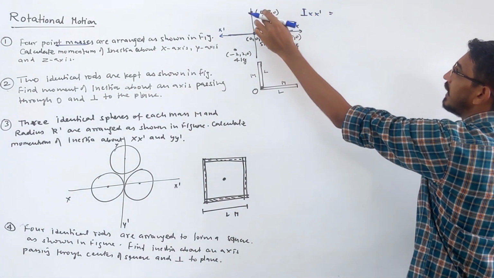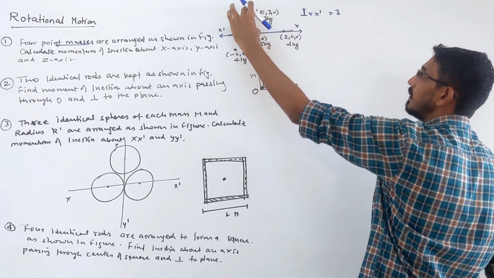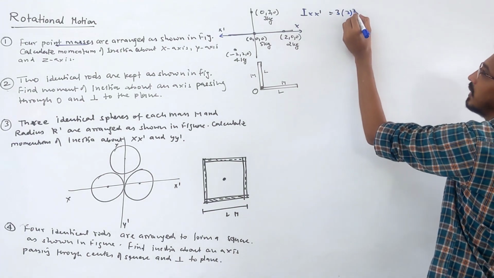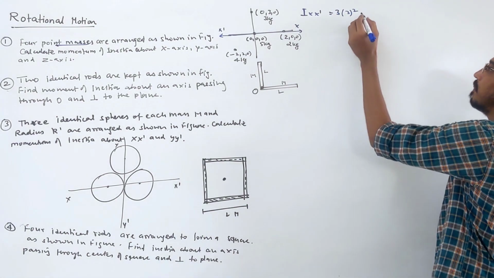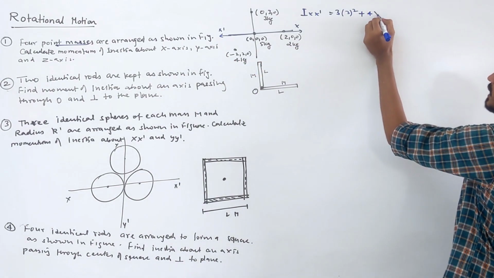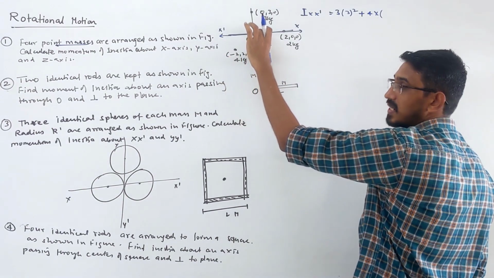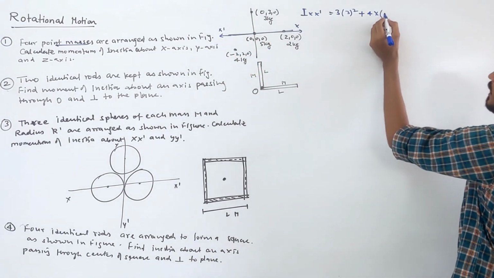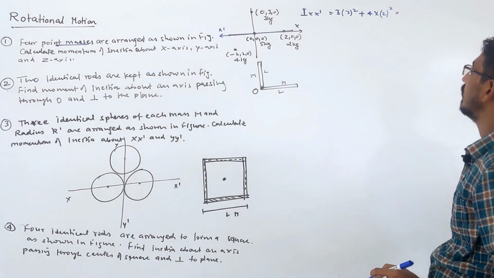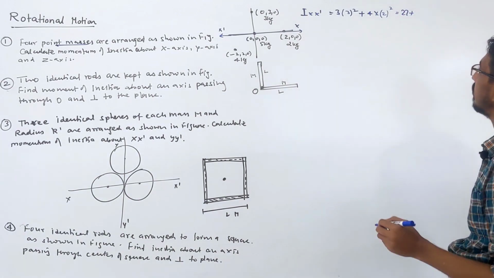Now inertia is due to the 3 kg mass, right? 3 kg into distance, how much is given? 3. So m r square means 3 kg into 3 square, plus the inertia due to this 4 kg mass, into distance. We need the y distance, this distance, that is given as 2 meter, so 2 square. So that becomes 9 into 3, that is 27, and that becomes 4 into 4,